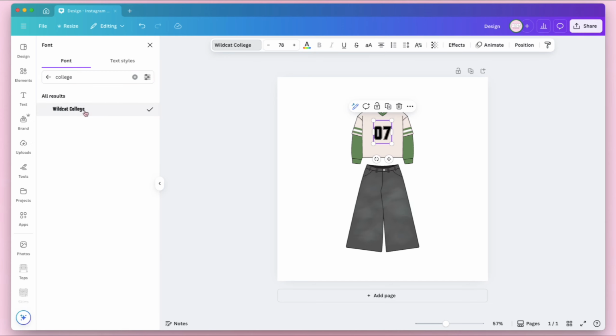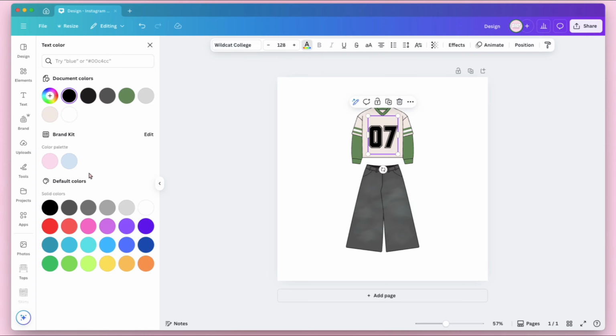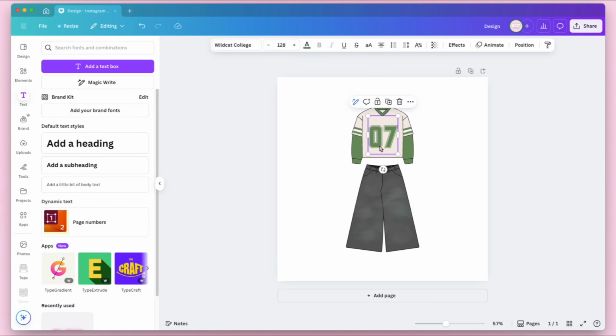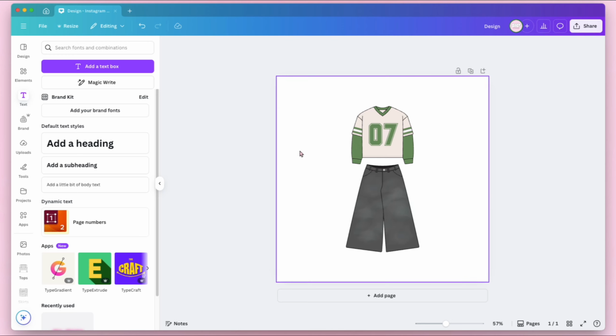So I'm just gonna say college, make it a little bit bigger. And then I'm gonna make it green to match the other green. I could even add a name of a team or something above the letters, but I'm just gonna leave it letters for now. So yeah, that's how I would design a mockup in Canva using one of the mockup